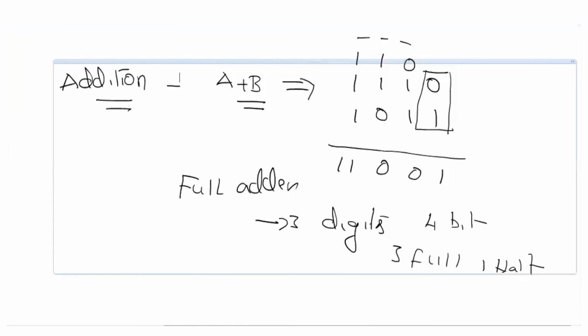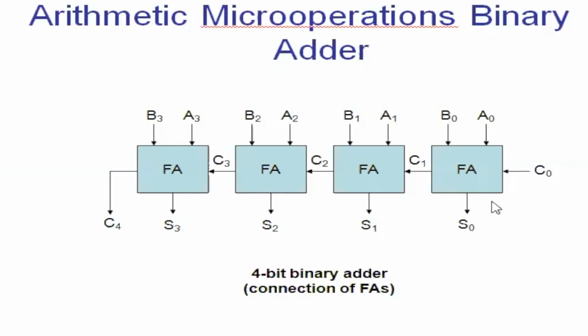Let us go and design. Let us see. I'm going to use 4 full adders. Actually, at this stage, I don't require a full adder. I just require a half adder. But I'm using 4 full adders in order to maintain uniformity, because if I simply use a half adder, that doesn't save me anything. Statistically, at the first stage I don't require a full adder, because at the first stage I don't get a carry. Did you get it? But still, I will use a full adder to make the circuit consistent.